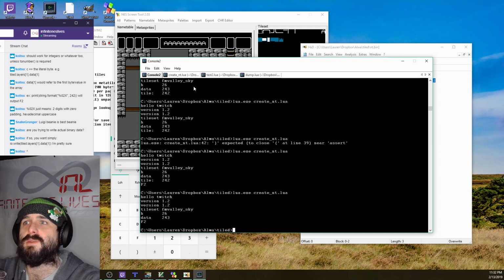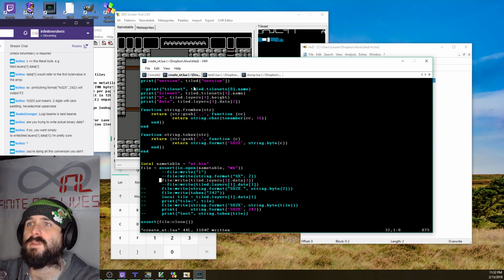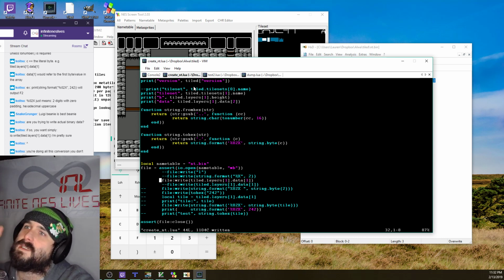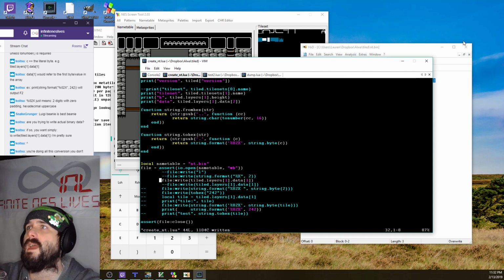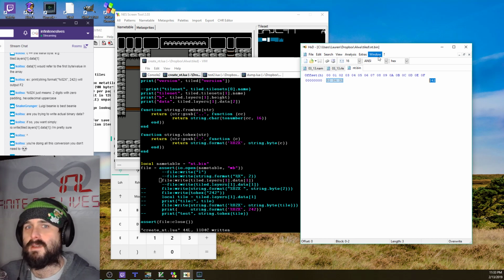Yeah, Lua is trying to be smart. So, which is the same thing if I were to print that, but I want. Koitsu's looking something up. So I want, I tell Lua to write 242 and it writes the ASCII 242, but I want to consider that as a byte. Yeah, so I want Lua to consider